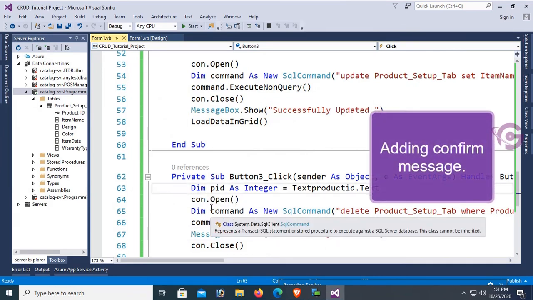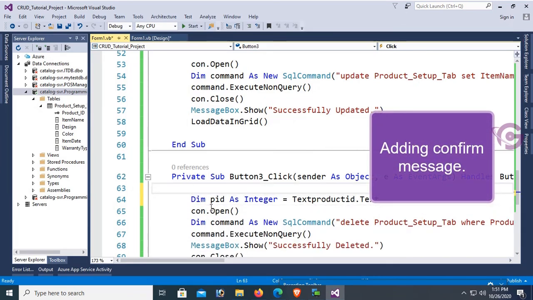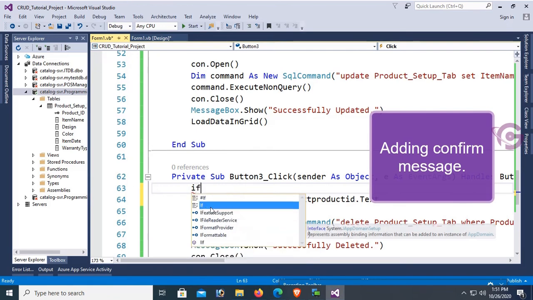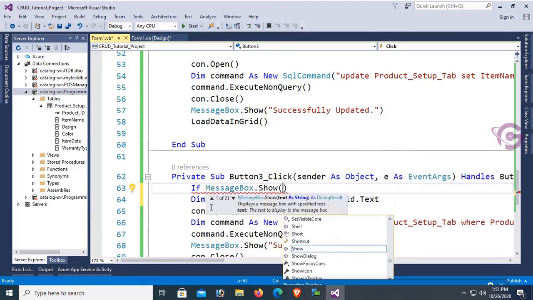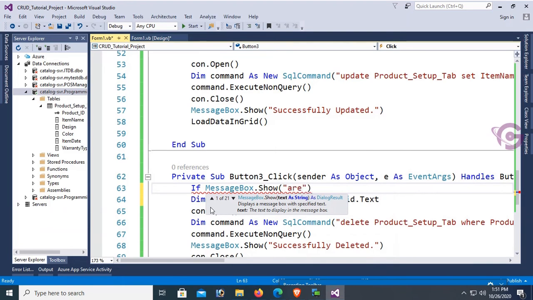Okay, now I'm going to add a confirm message. Know that delete is very sensitive. If you delete a record, you cannot get this record back. So I'm going to add a confirm message. To add a confirm message, I'm going to add if MessageBox.Show, "Are you sure to delete?" It will display the message "Are you sure to delete?" and this is the